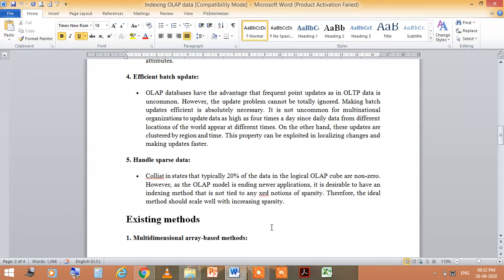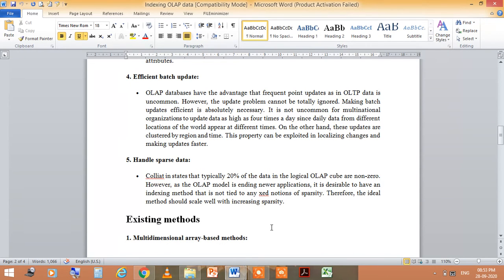It is not uncommon for multinational organizations to update data as high as 4 times a day, since daily data from different locations of the world appears at different times. On the other hand, these updates are clustered by region and time. So this property can be exploited in localizing changes and making updates faster.